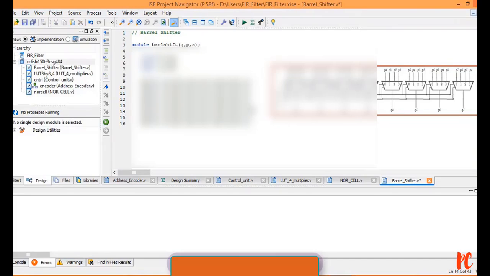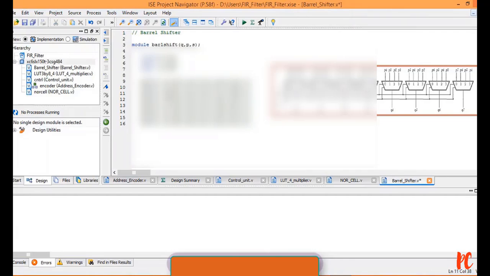Let me copy it once and paste it, and change it to M2, where the connections will be Q of 1, P of 1, P of 0, P of 7 and P of 6. Similarly, with respect to M3, your Q value will be 2, P value will be 2, this P value will be 1, followed by 0 and 7.